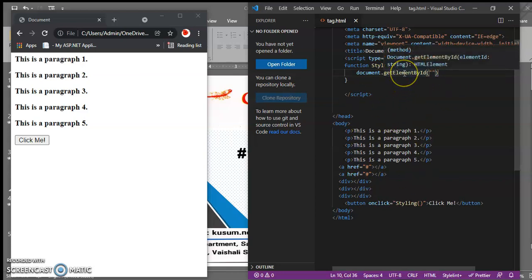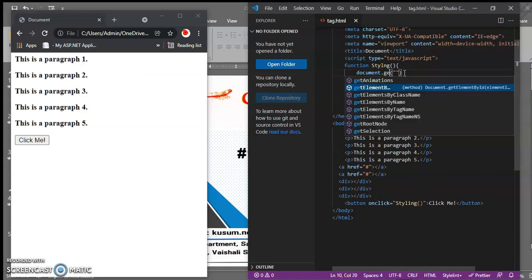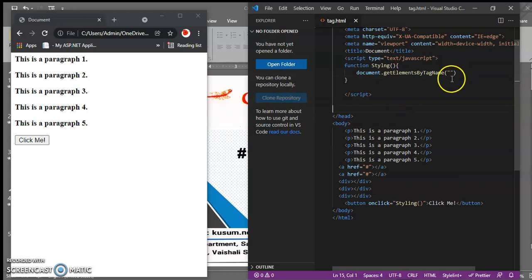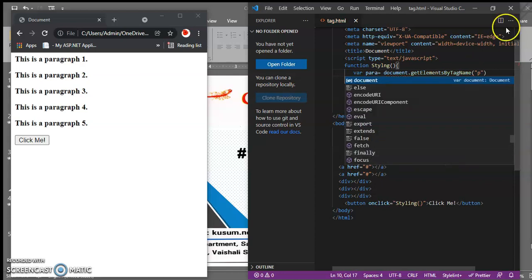In place of getElementById we will write getElementsByTagName, and here we will use the tag of this paragraph, because we have to perform the task on this paragraph tag, so the p element. So the tag name I will provide is p, and create a variable for this: variable para equal to this.